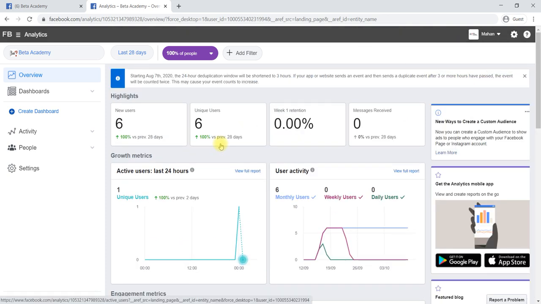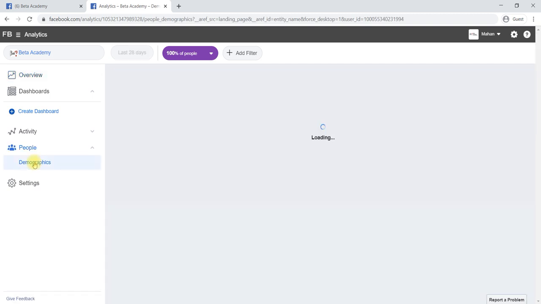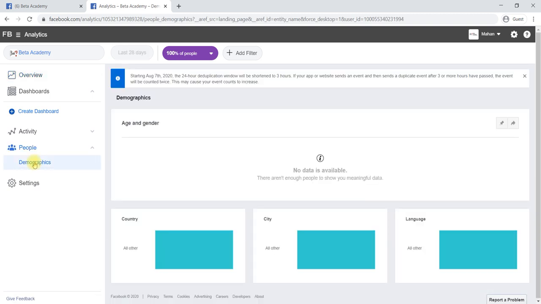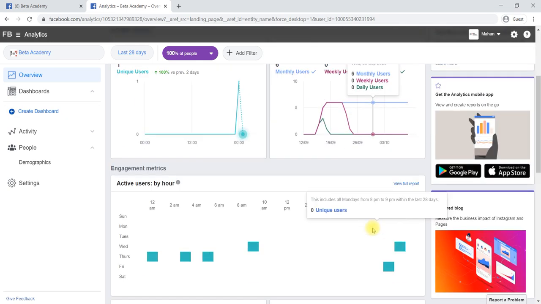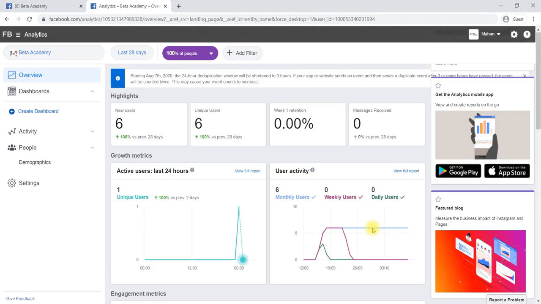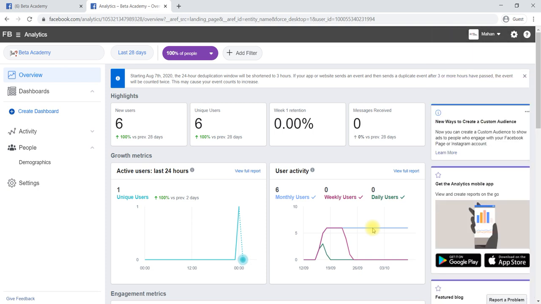Like, is it engaging, or are viewers declining, or is there anything that needs to be done. We can understand those things by using this particular tool. So we will also get to know about people here. We can analyze on a demographic basis, like from where you are getting most of the audience. Like this we can check; here overview is the best for analyzing the entire page. Your entire page can be analyzed. This way we can analyze the page.